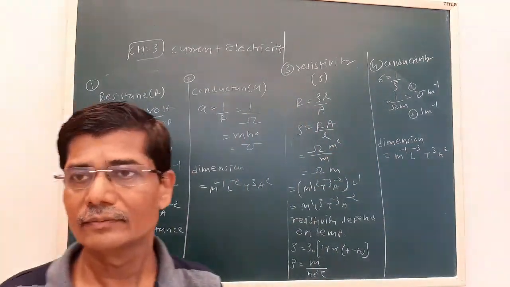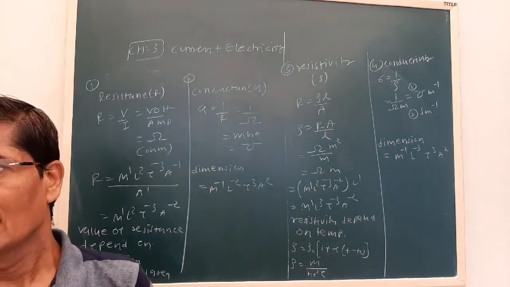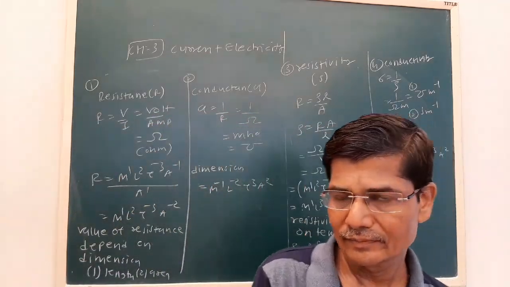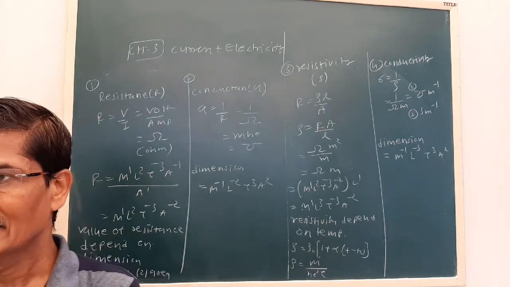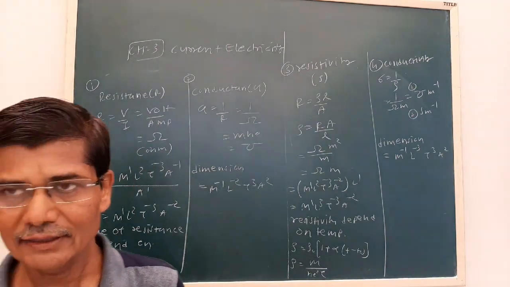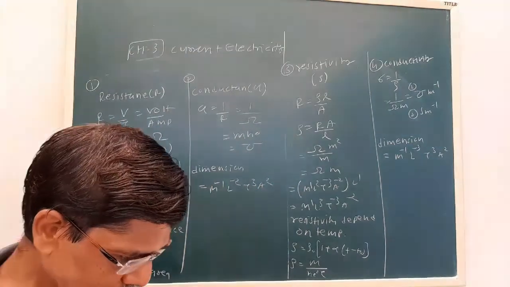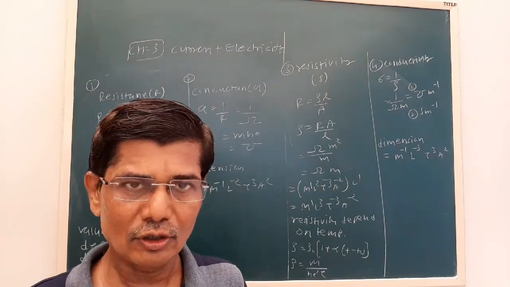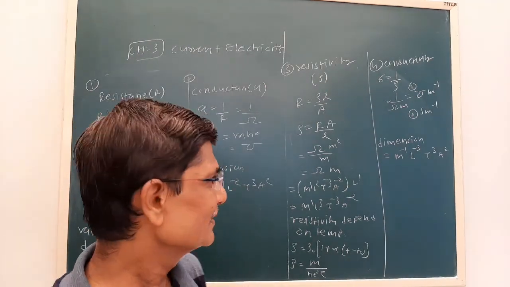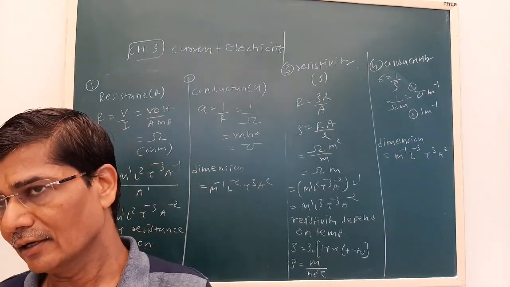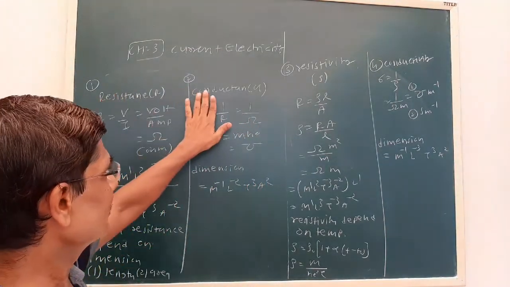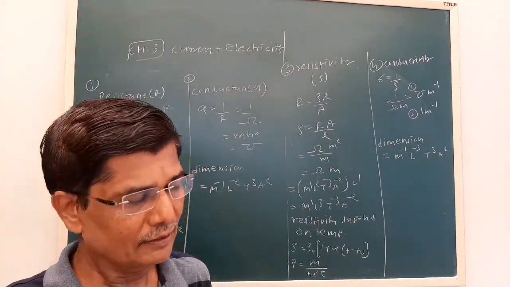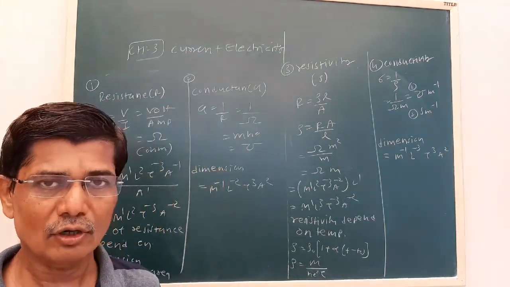Okay. So today what we have seen, what is current electricity, okay, and electric current. See, current electricity is a branch of physics which deals with the production of current and the various processes associated with it. Now we have seen how the current is produced in the conductor. We have seen Ohm's law. We also saw the vector form of Ohm's law, and then the four important properties: resistance, conductance, resistivity, conductivity. We also saw how the drift velocity is produced in the conductor, and we talked about mobility also.